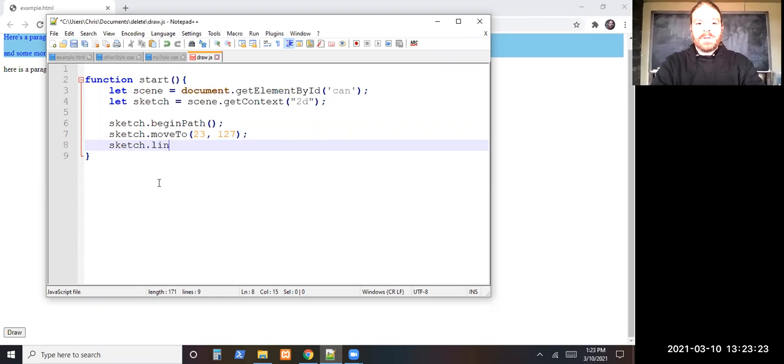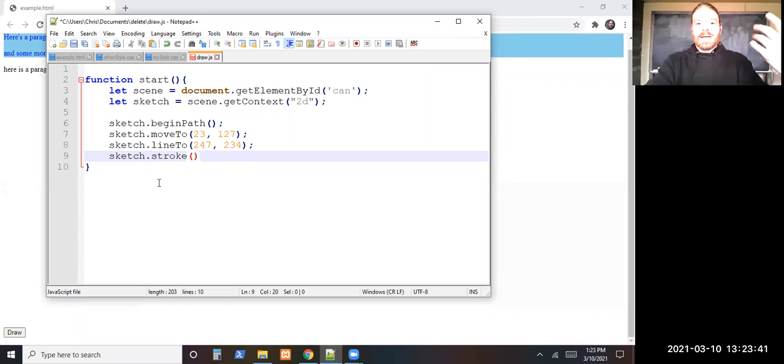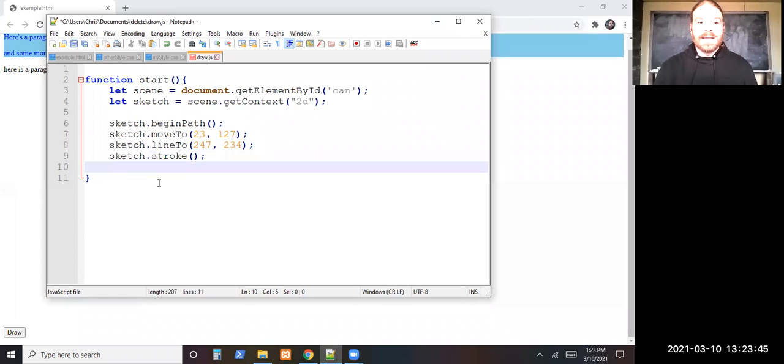And from there, draw a line to, I don't know, 247 pixels over, 234 pixels down. I just kind of pick some random numbers there. We pass in this command stroke, which means to actually draw the line, kind of like it implies. And sketch dot